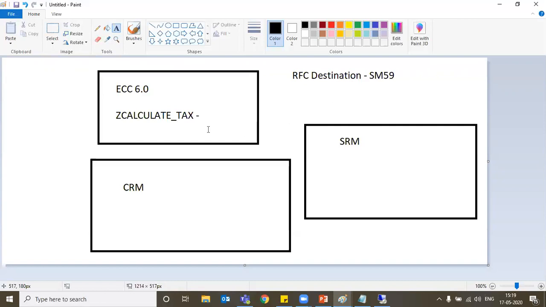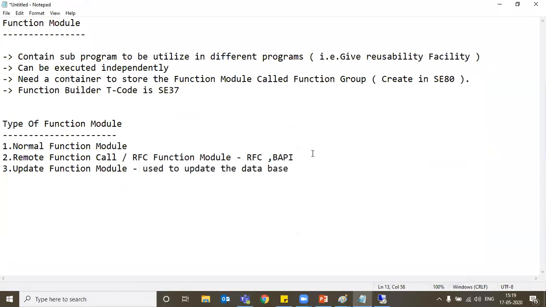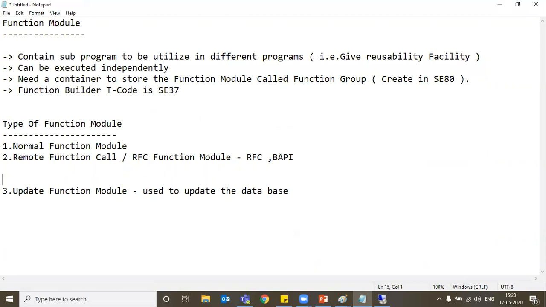Mostly BAPIs are RFC, but not all RFC function modules are BAPIs. If you want to create a BAPI, then it has to be an RFC function module. Without an RFC function module, you cannot create a BAPI.